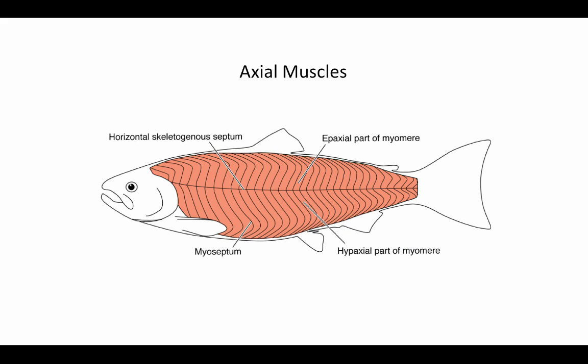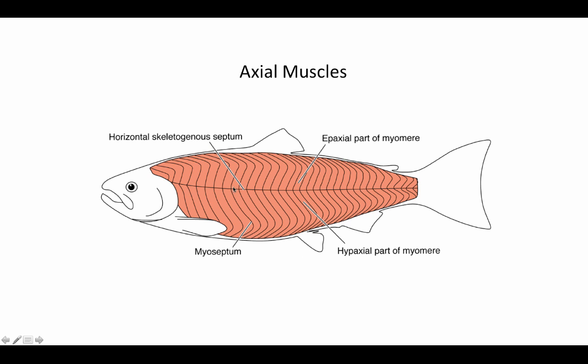So in fish, these repeating units of axial musculature are known as myomeres, and they are responsible for producing the lateral bends associated with locomotion. So remember, fish primarily use their entire body bending back and forth to propel themselves through the water. In gnathostome fish, these myomeres are separated into an epaxial section dorsally and a hypaxial section ventrally, separated by this